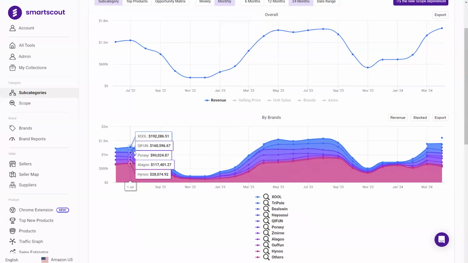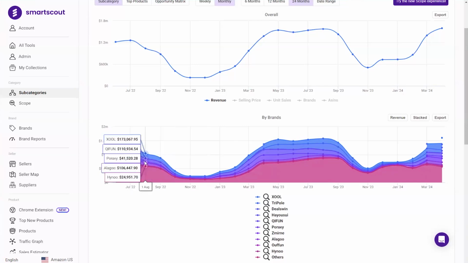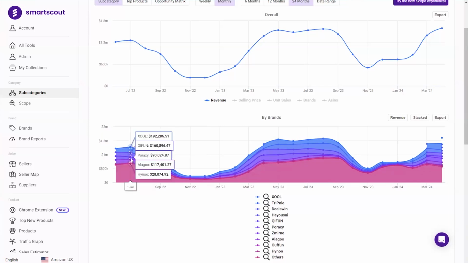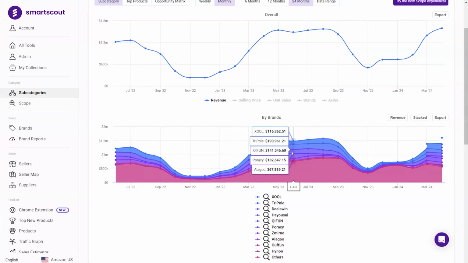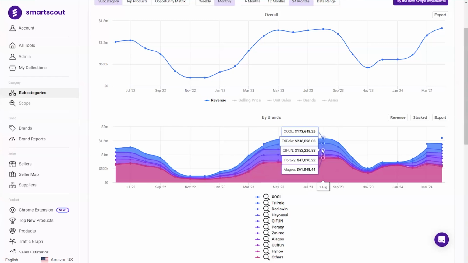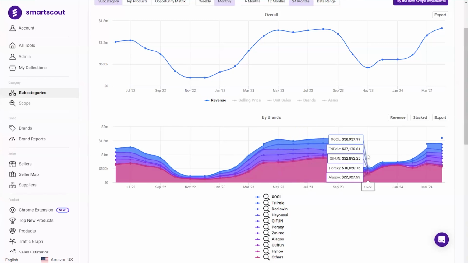So let's see. 2 years ago, it looks like our company, the Hyoscine, didn't even exist. Well, maybe they existed, but we're highlighting the top companies with brand share here. So 2 years ago, they didn't have any brand share. They emerged. Let's see when they emerged according to our data here. We of course could get more granular.